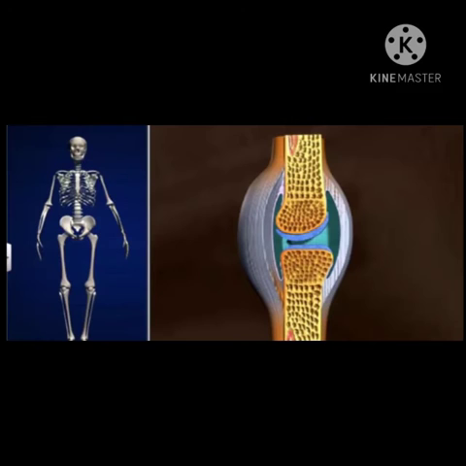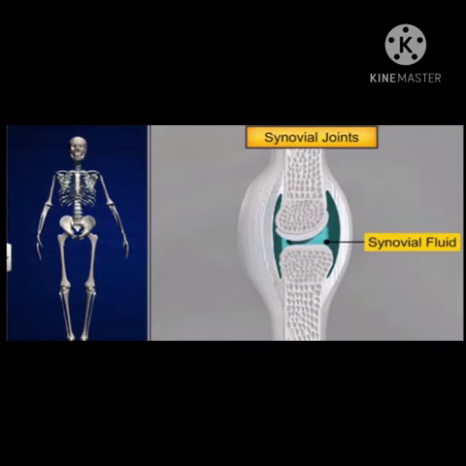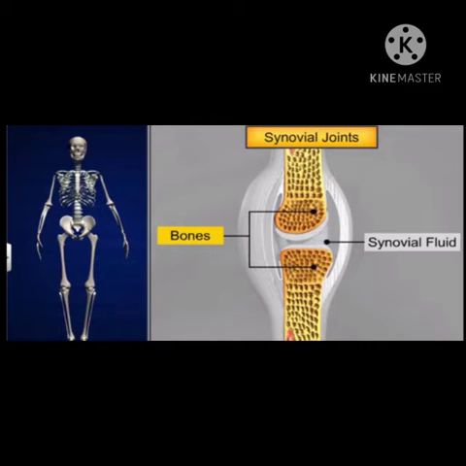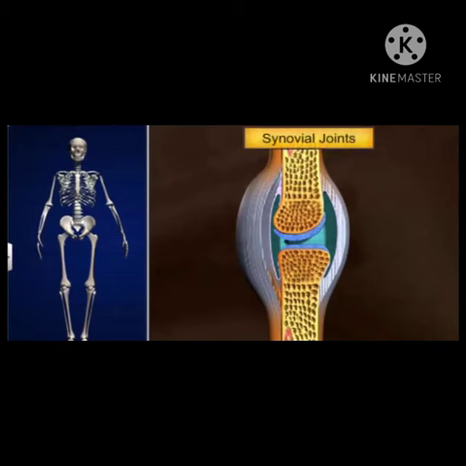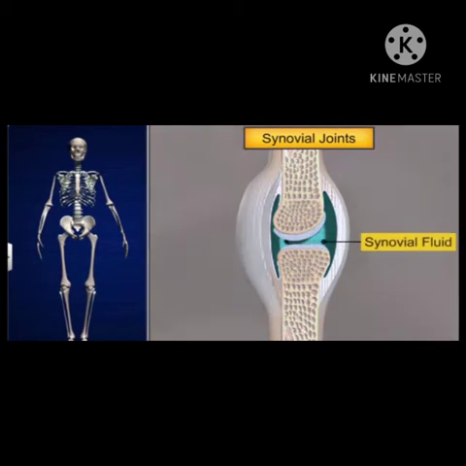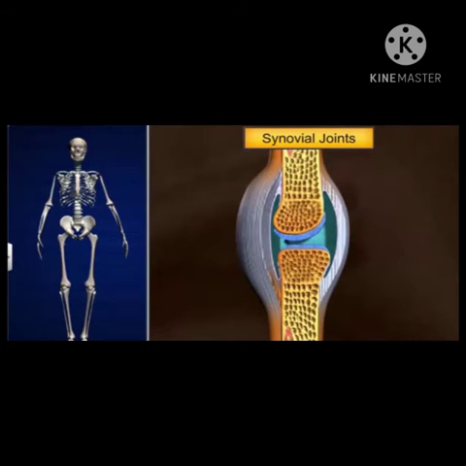Now the third type of joint is your synovial or freely movable joint. Synovial joints are the most mobile of the three types of joints. The ends of two bones that participate in a synovial joint are covered with a smooth and slippery hyaline cartilage, and that cartilage is called what? Articular cartilage. And this cartilage bearing surface of the bones is completely enclosed in a liquid filled tight capsule which is made up of ligament, called the synovial cavity, right? And it is filled with synovial fluid, right?